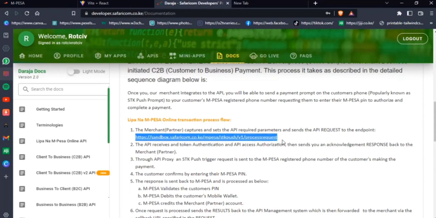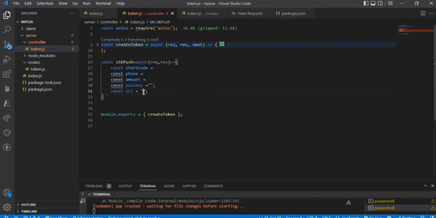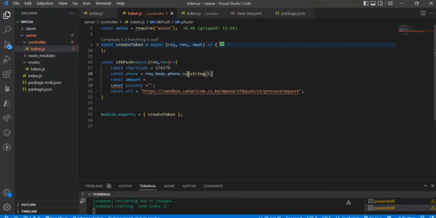Kuna URL endpoint that you are supposed to make a request to. Yeah, copy that. Alafu it is that way that you are going to get an STK push. You copy that, then you paste up hivyo kwa URL. You'll soon be making a request to that endpoint. Kwa shortcode hii nimeipata kwa test credentials, the Daraja portal,